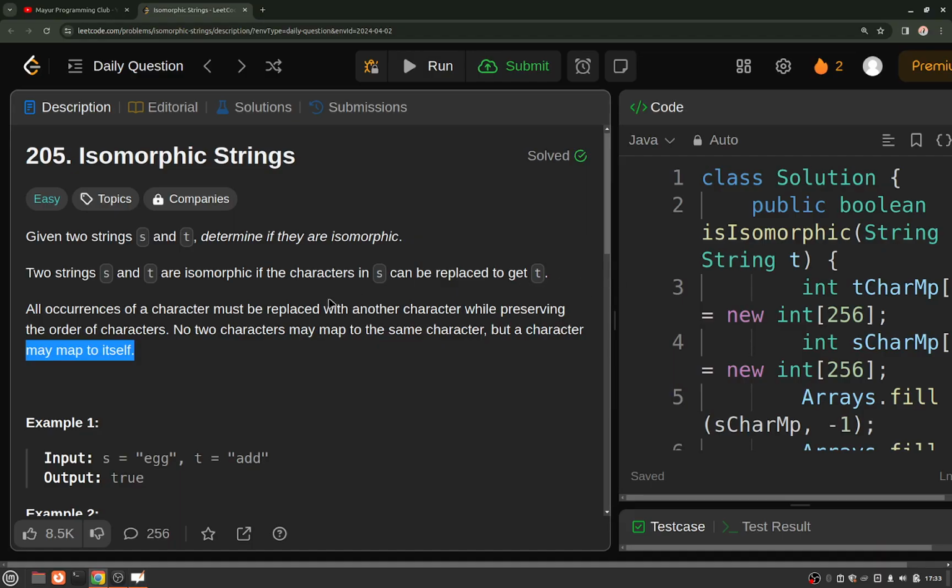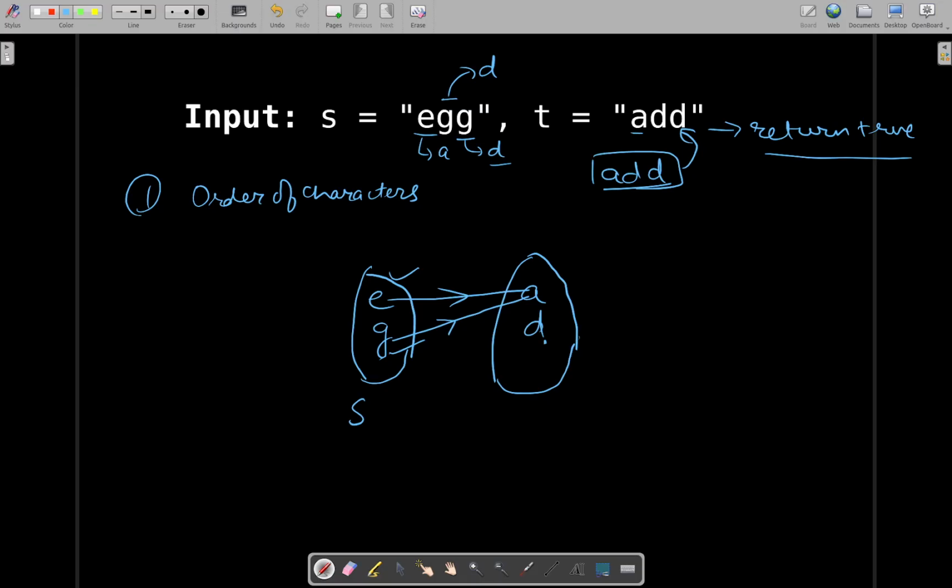That is what is mentioned here: no two characters may map to the same character. You can see that two different characters of s are mapping to the same character of t, so this should not be there. Otherwise, if you do the replacement, you can see for yourself that it will result in ambiguity if you were to